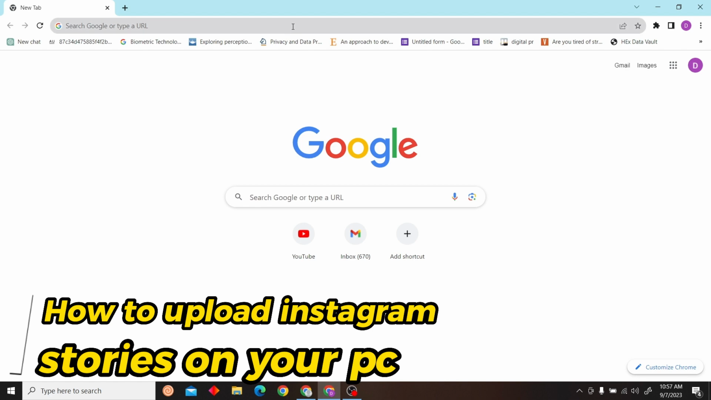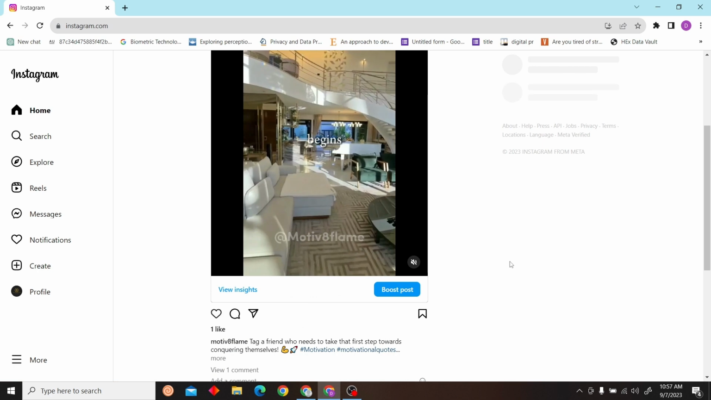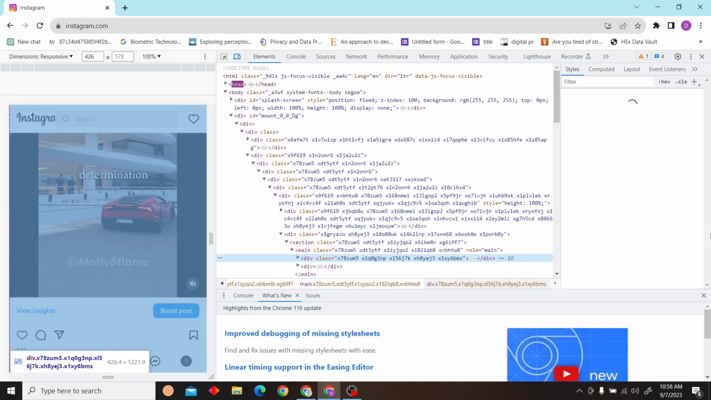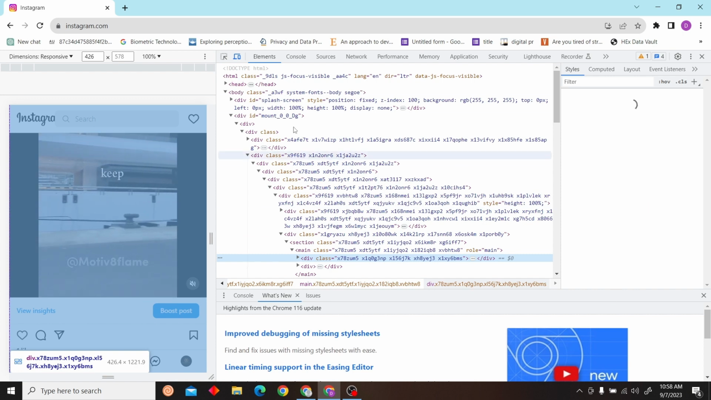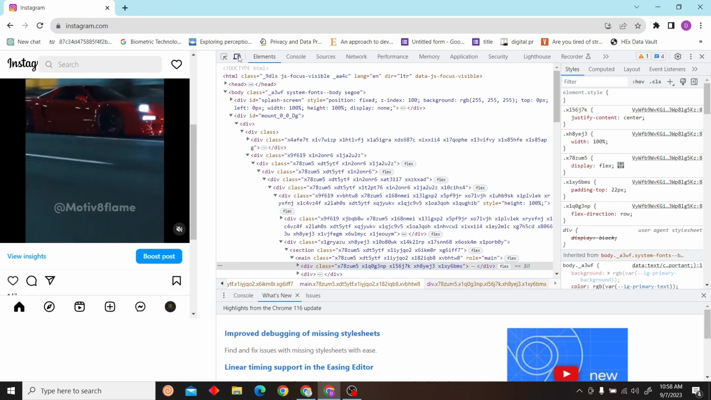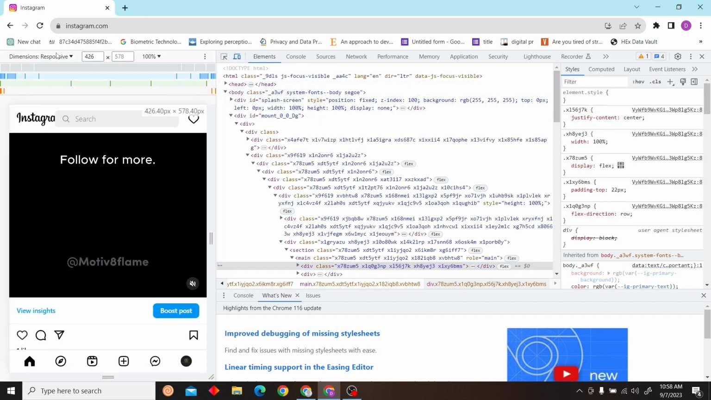on your PC. So first go to instagram.com. Alright, so once you're here, all you have to do is right click and then click on inspect. Alright, so once you're here, you can see this option for device toolbar. You have to click this, so just click this, and once you have done this, you can see the option